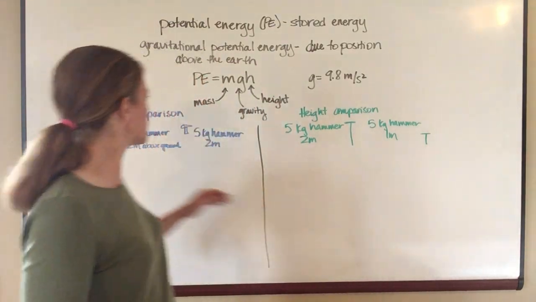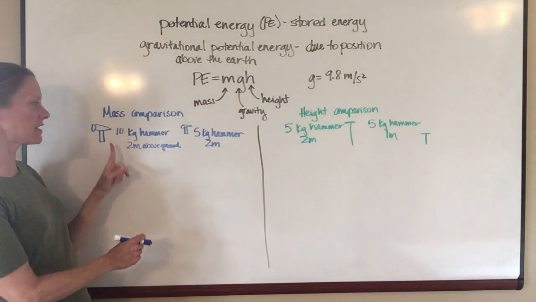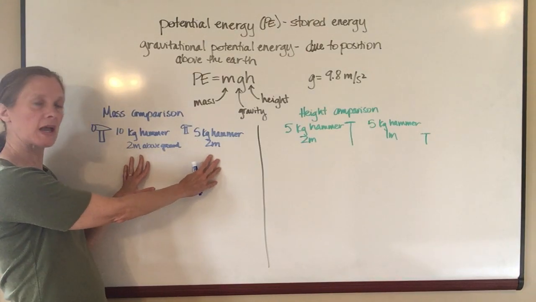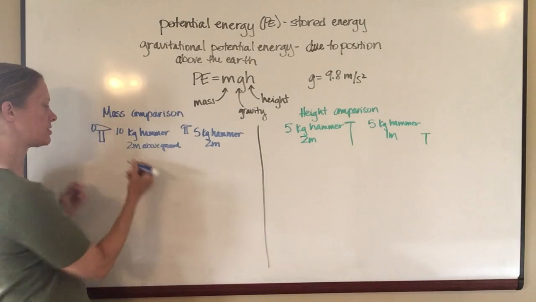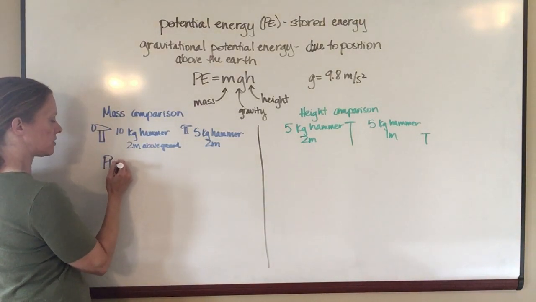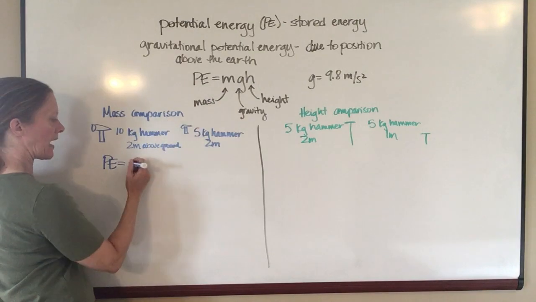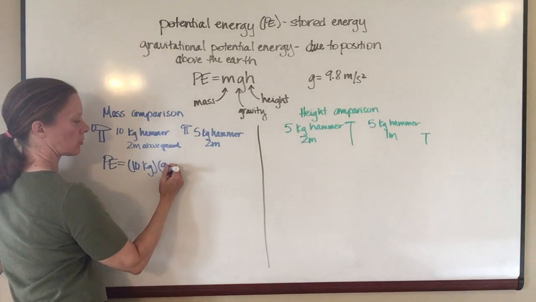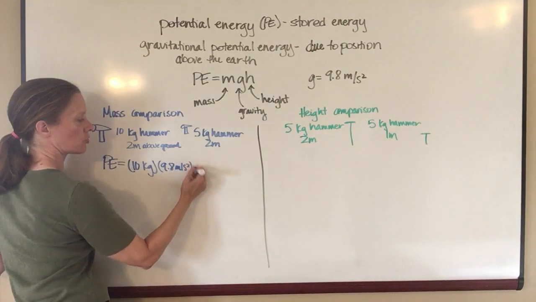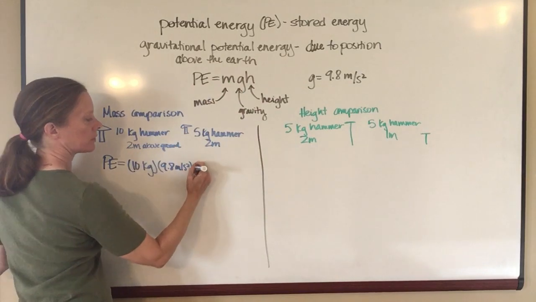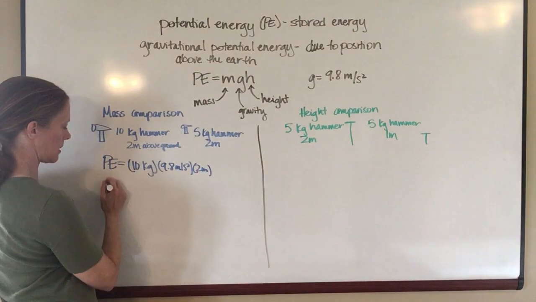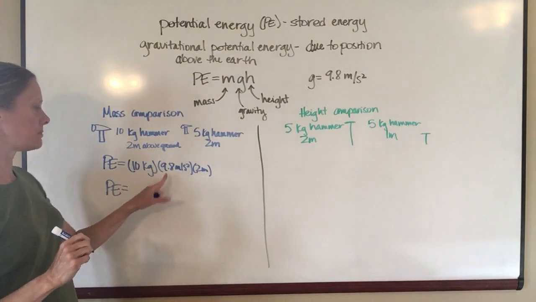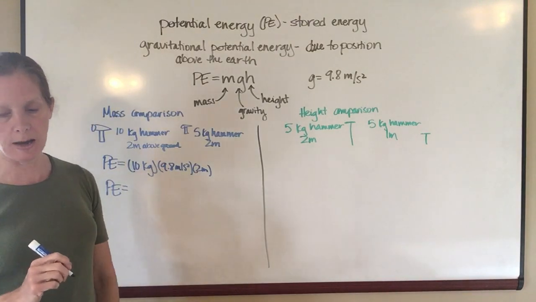Okay, so let's compare dropping a 10 kilogram hammer with a 5 kilogram hammer, and both of these hammers are located 2 meters above the ground. And let's see how much potential energy we end up with. So potential energy is the mass, so that's 10 kilograms, times gravity, and we're assuming we're on Earth, so that's 9.8 meters per second squared, times the height above the ground, which is 2 meters, okay? So the potential energy of this, if I take 10 times 9.8 times 2, I'm going to end up with